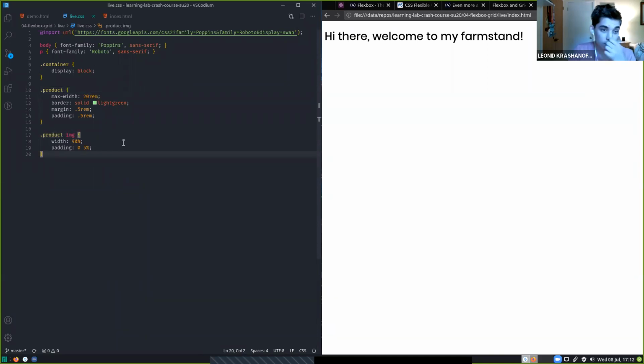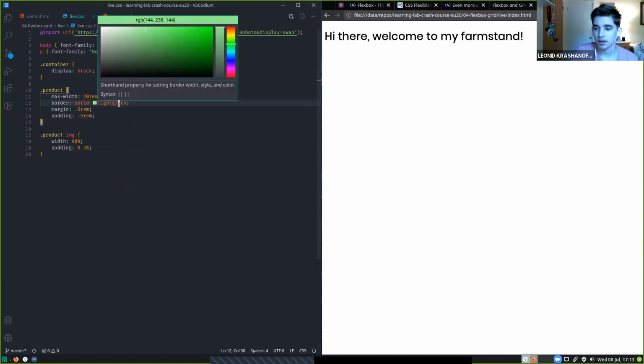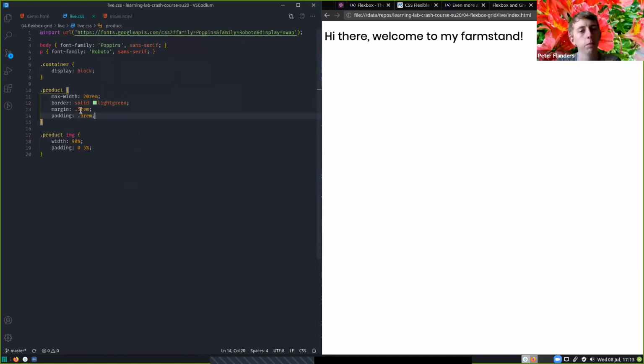And just to explain what this all does, I set a max width equal to 20 font units. REM is root em, which is basically points of font, right? So it's going to be 20 font units across at the most. I gave it a small border, and that's just light green. And then I gave it a small margin and padding all around. So all that's going to do is draw a nice, neat little border around it, make sure everything's nice